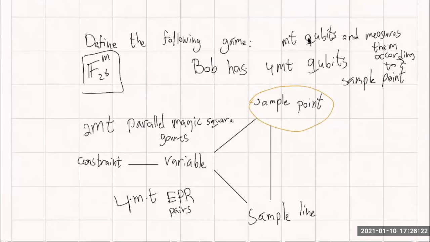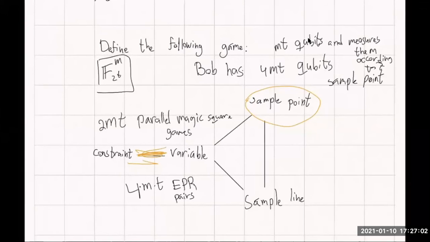And the only thing that they need to do is be consistent. So the sample point Bob needs to output a string of bits, which is the same string of bits that Alice is using in the Magic Square game. But for him to do that, he must use the EPR pairs that he constructed for the Magic Square game and apply the Z measurement on these qubits. Otherwise, he will not win this mini game. Okay, so this is a graph of mini games. You either play these 2 empty parallel Magic Square games, or you take the variable player and